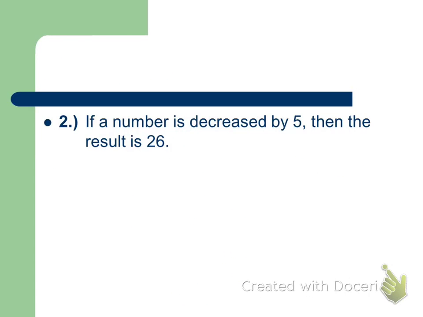Alright, let's try another one. If a number is decreased by 5, then the result is 26. Now, if you were paying attention, I think Connie might have given this away. Jaquan, how would you translate that into? N minus 5 equals 26. Perfect. Into an equation, it would be N to represent the number, decreased by 5 means minus 5. The result is 26, means it is equal to 26. Just got to take it one step at a time